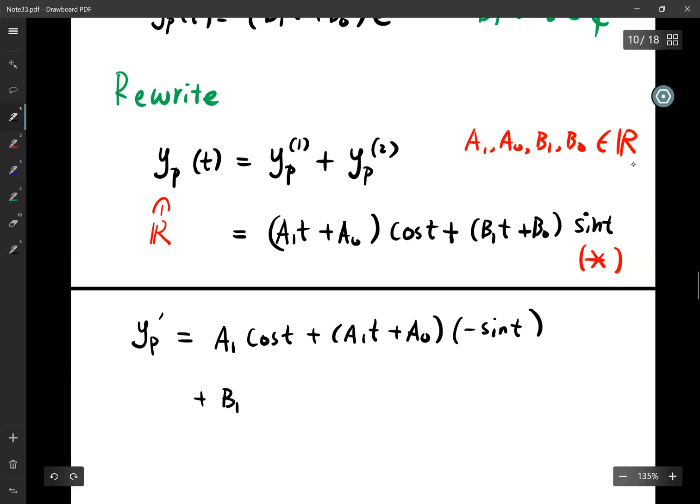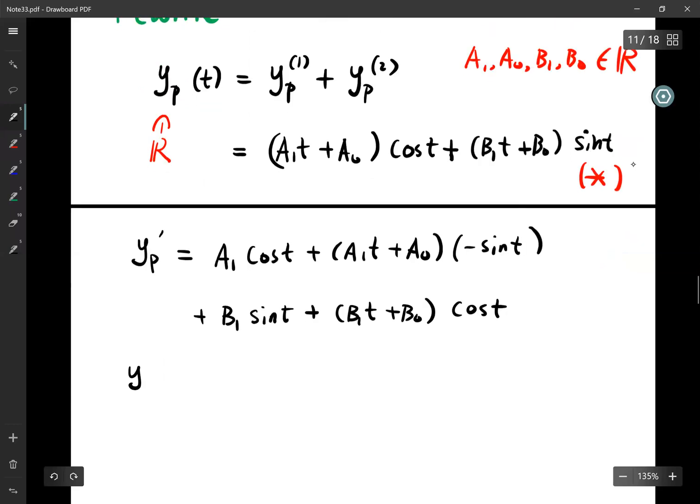Similarly, B1 sine t plus B1t plus B0 times cosine t. Take another derivative. So this one is minus 2a1 sine t, minus a1t plus a0 cosine t,